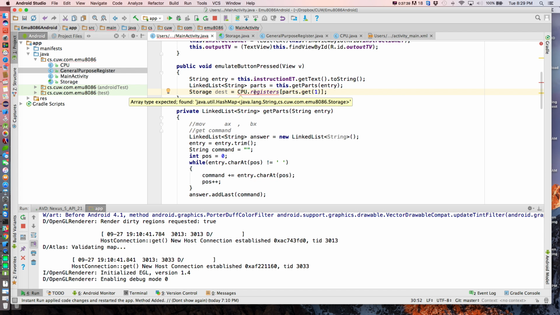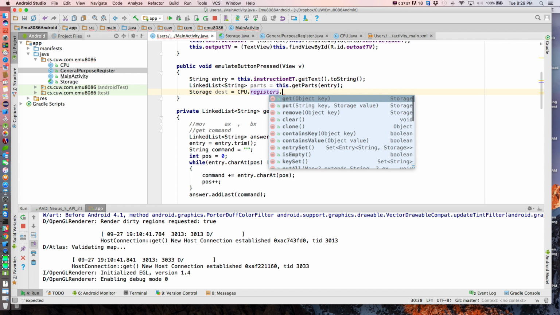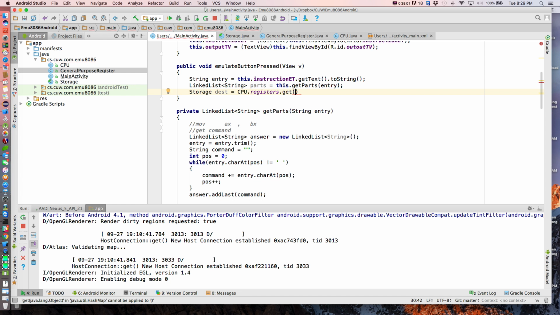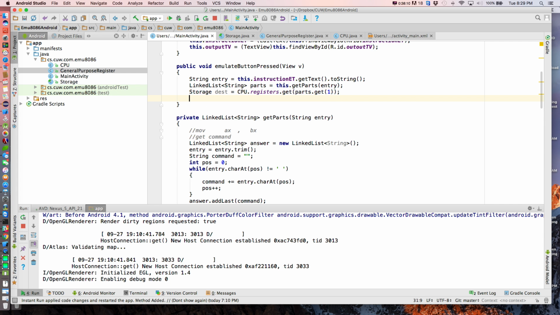Array type found. Maybe hashmap isn't technically an array type, which is really stupid. Well, that's why I think that, let me get back. This is the guy we're looking up. Get our key, which is that guy, which should give us a storage. So we have that storage, and then we're going to say